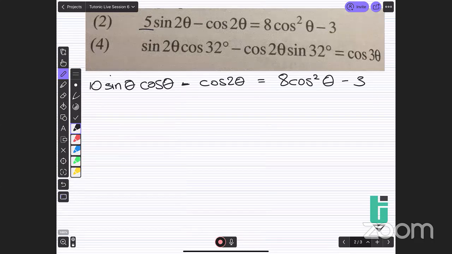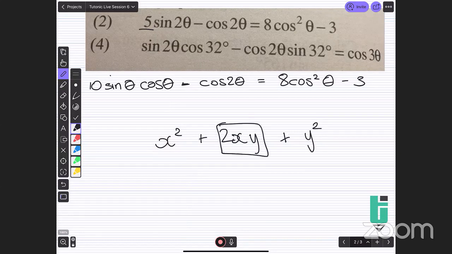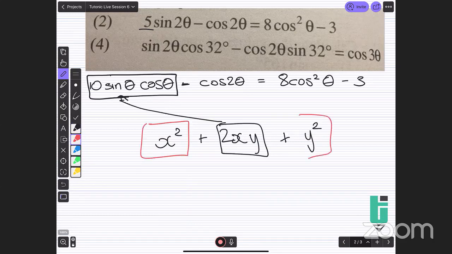When I look at these types of questions, I ask myself, what can I create here? How am I going to end up solving this question? Because when I see this, I think of a middle term. Do you guys remember those equations, x squared plus 2xy plus y squared? This reminds me of this. So I'm thinking we're going to have a sine squared and a cos squared over here, so this has to be changed into cos squared, and this one would have to change into a